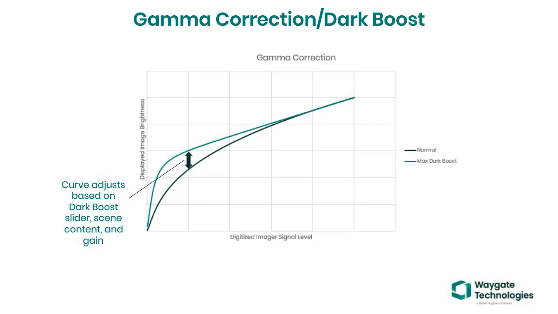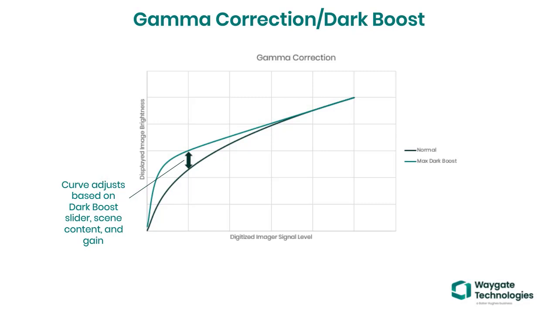All cameras apply gamma correction, where the levels of darker pixels in the image are boosted digitally. This makes the images look normal to our eyes. Otherwise, the image would be very dark. Dark Boost assesses the brightness content of scenes and intelligently adjusts the gamma correction level to further increase brightness in